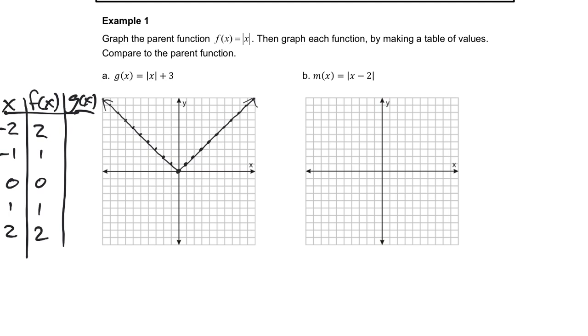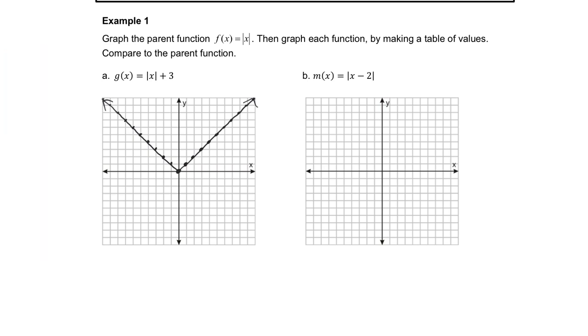So here is my table of values. What I'll tell you right now is this part right here is my parent function. The parent function is the first two columns, and the third column will end up being our new function,